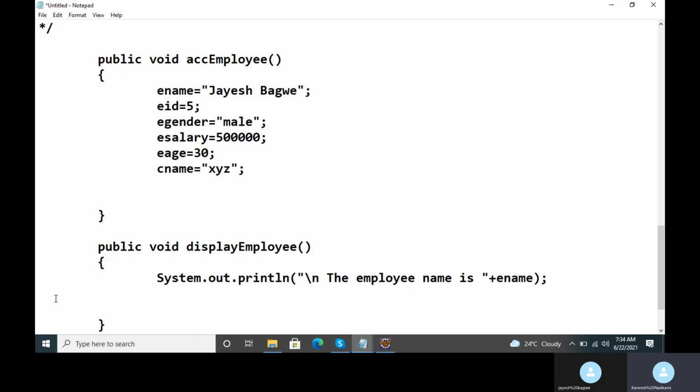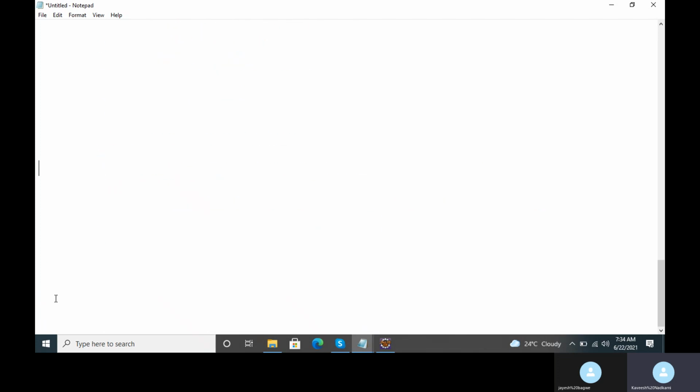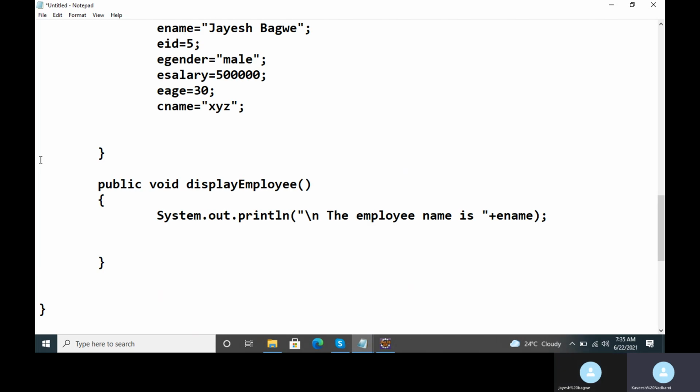Suppose this is your output screen. Just assume that this is the output screen, Jayesh. If the cursor was here, it will be taken to the next line now. Clear, Jay? Like this. And then this message will be displayed, that is, the output will be displayed: the employee name is, and the value of the ename variable, that is Jayesh Bhagwani.